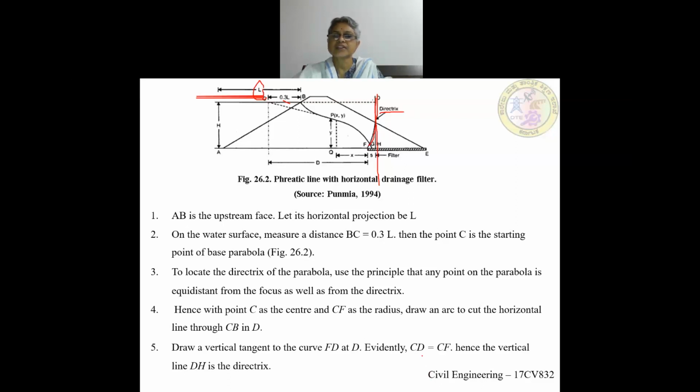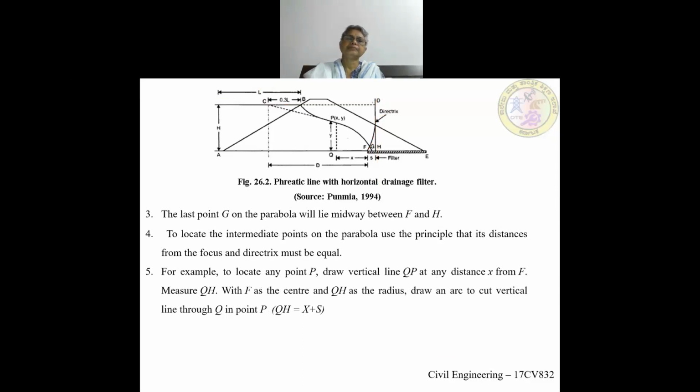So CD is equal to CF. Hence the vertical line DH is the directrix. This line is the directrix. Then the last point G on the parabola will lie in between F and H. To locate the intermediate points on the parabola, use the principle that the distance from the focus and the directrix must be equal. So, for example, if you want to locate P,